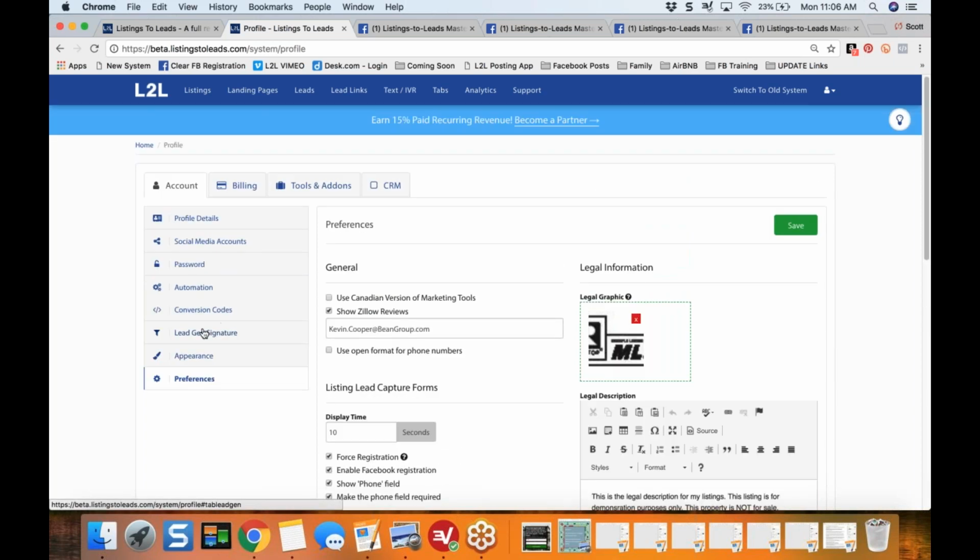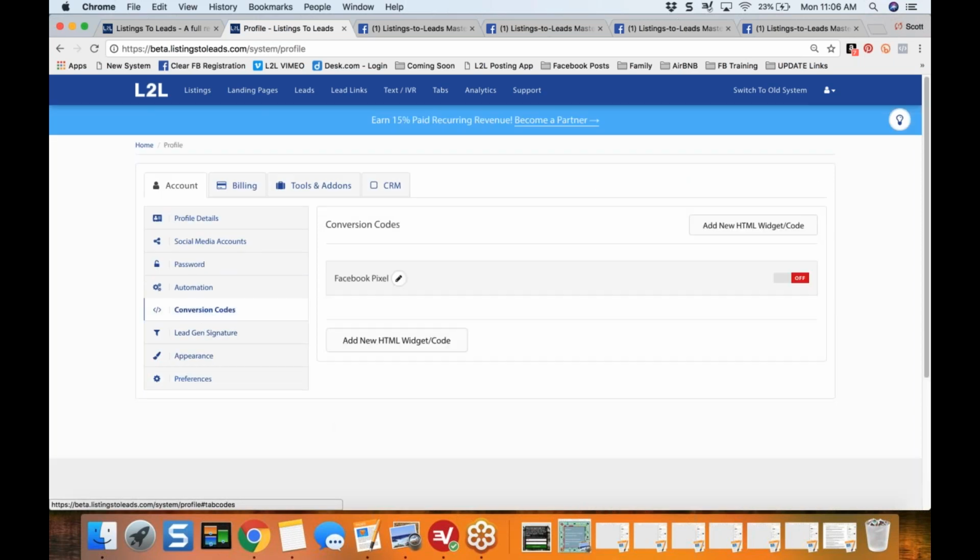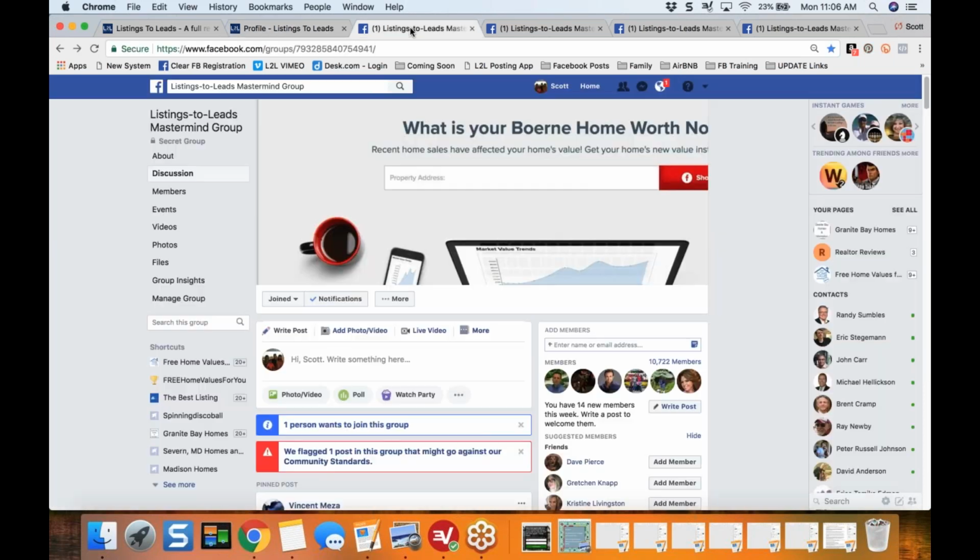All right. The last thing I'm going to mention, conversion codes. For some reason I turned mine off. So for conversion codes, that's like your Facebook pixel, Google, you can put a chat code in there. And to get that, over in Facebook, and even if you don't know what this is, I'm going to suggest that you start doing this, because we're going to get into more training on retargeting and different things like that in the next month or so. So to get your Facebook pixel,